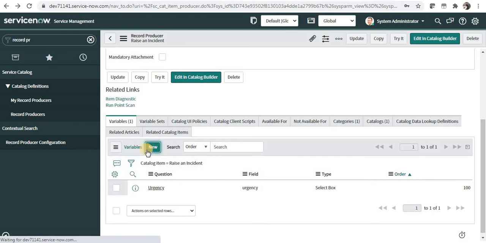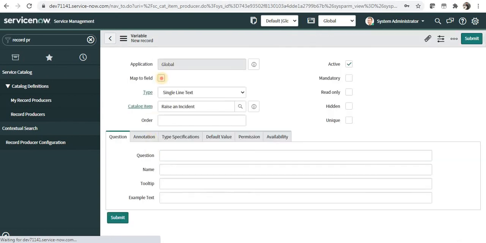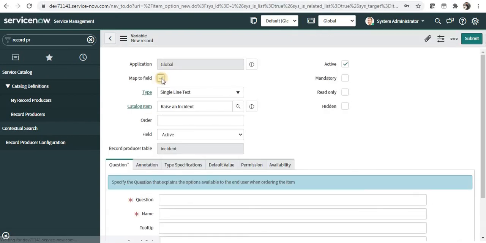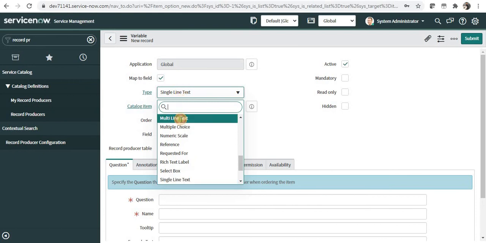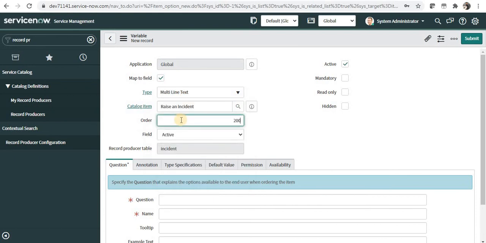For that, I have to click again on new. I will click on map to field. So this is completely optional. If you really want to map a field on the incident table, you can do it. But if you want some additional details and don't want to store that on the incident table or any table which you are referring to, you can create those variables as well, just as the plain variables that were defined in the service catalog. I will keep it as multi-line text, and I will give the order as 200, and